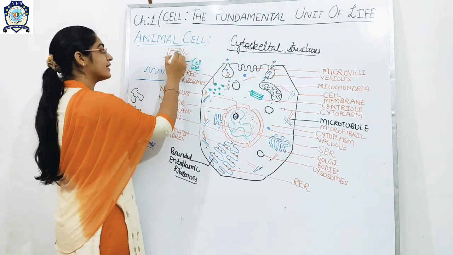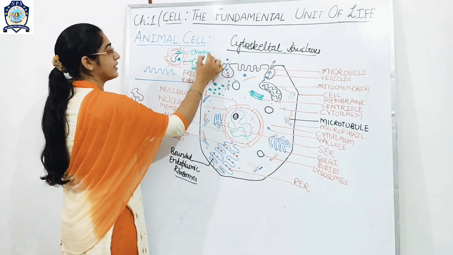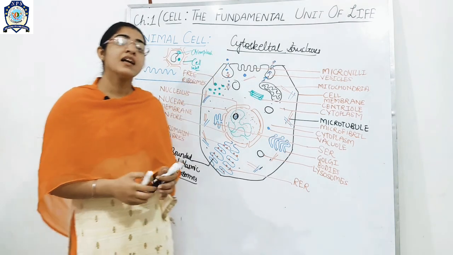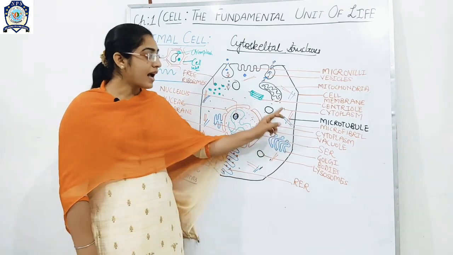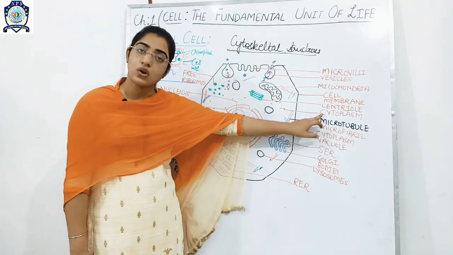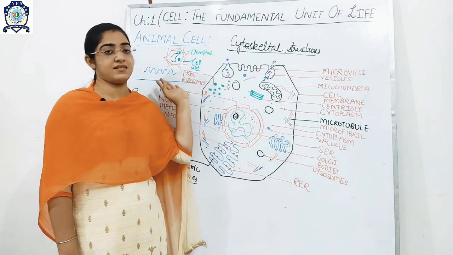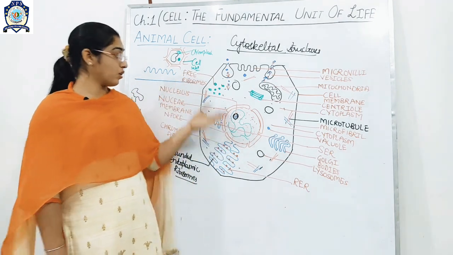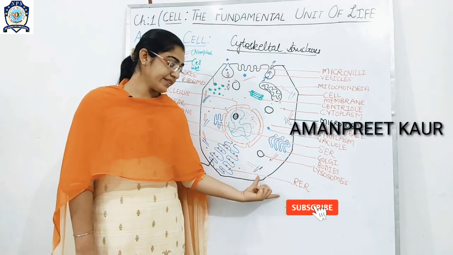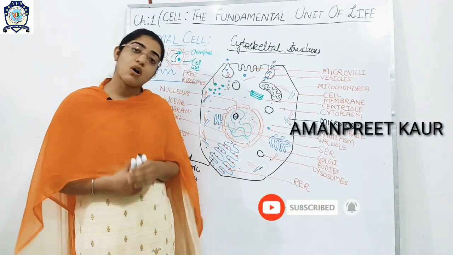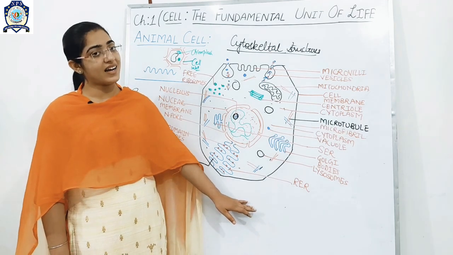And we have also studied that here there is chloroplast, or the plastid, while the animal cell does not have a plastid, but the animal cell has a centriole. Okay, so centrioles are absent in the plant cell. One more difference: the plant cell is larger in size and the animal cell is smaller in size. So this was all about the difference between the plant cell and the animal cell.